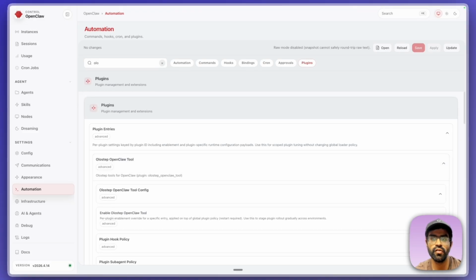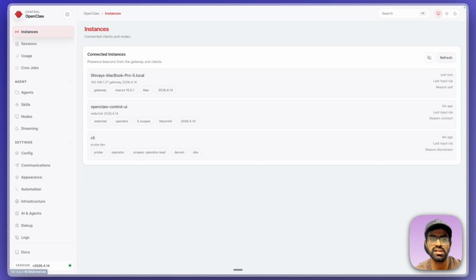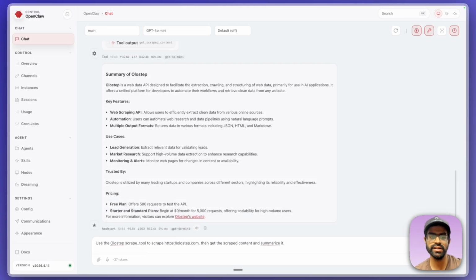Once you have set the key and saved the changes, you can go ahead and test the tools. Our next step is to see how the agent actually uses these tools in practice. So we'll go back to our dashboard and start to interact with the agent. With the plugin configured, we'll now open the OpenClaw dashboard and ask the agent to scrape the Olostep website